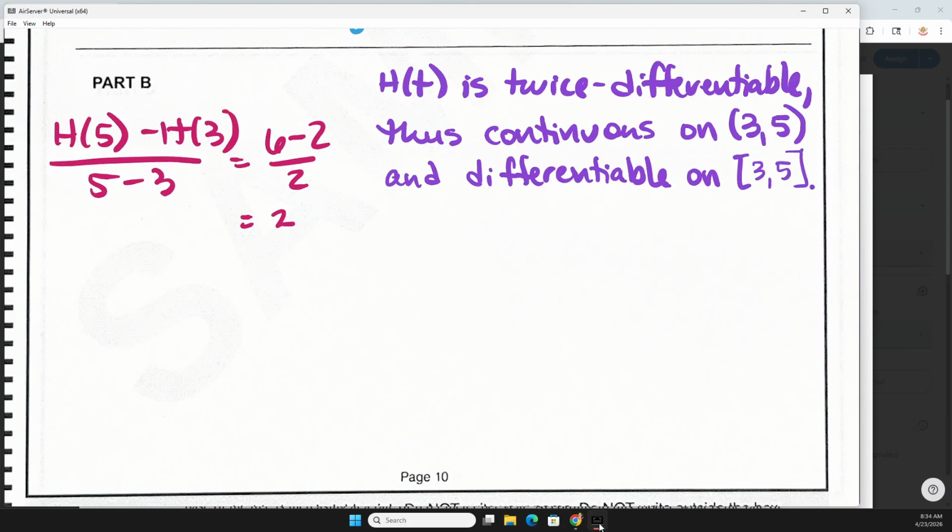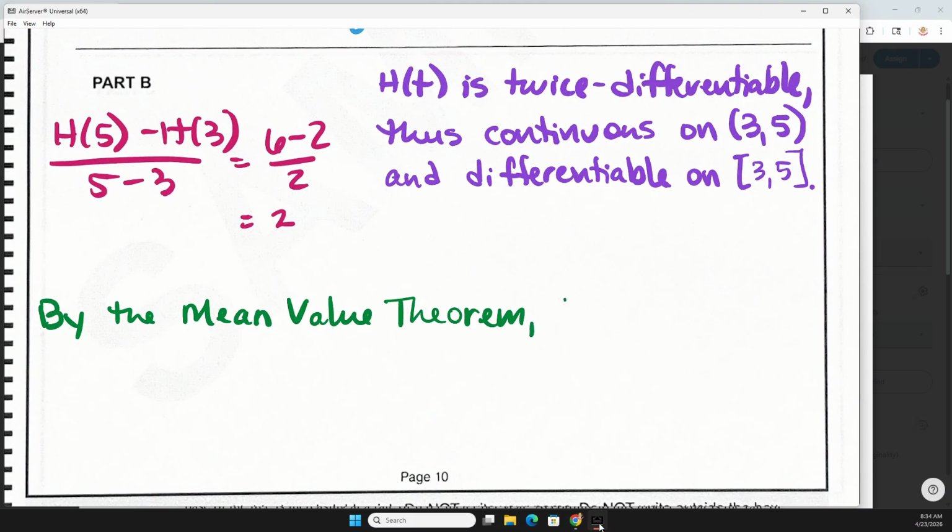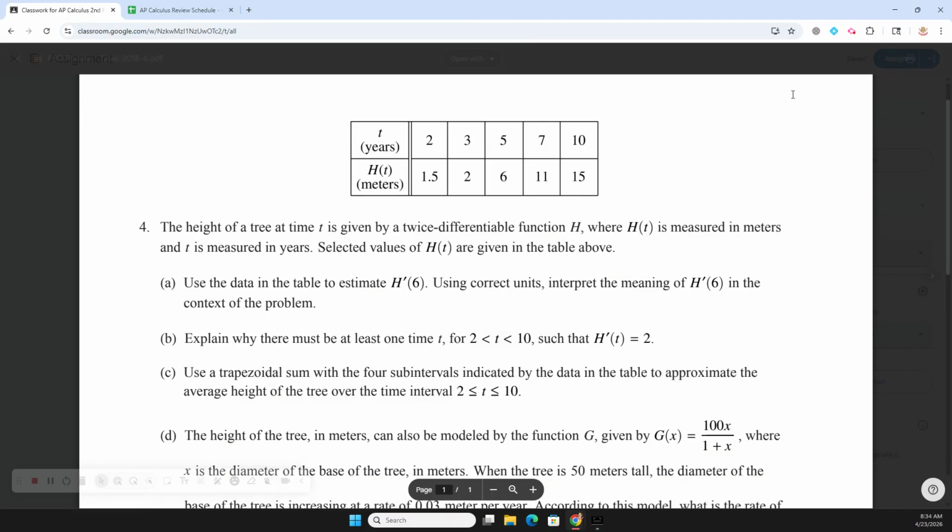All right, so we've done all the work. Now we just need to write the mean value statement. So we are going to write out the whole word. We're not going to call it the MVT on the AP exam. So by the mean value theorem, now it's an existence theorem, so we're going to say there exists, and then I'm going to go back and kind of quote the problem. So we're trying to say there must be at least one time, so I'm going to say there exists a time t